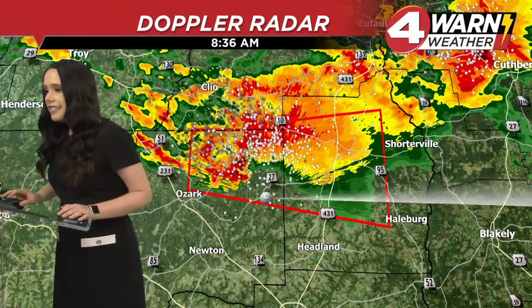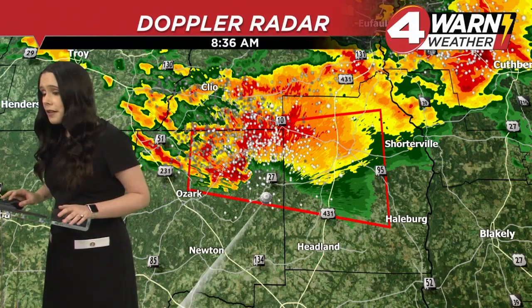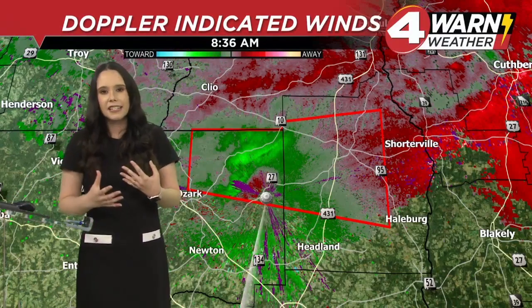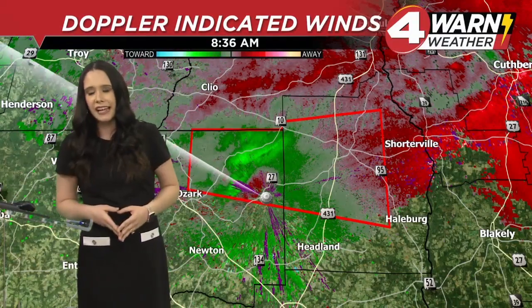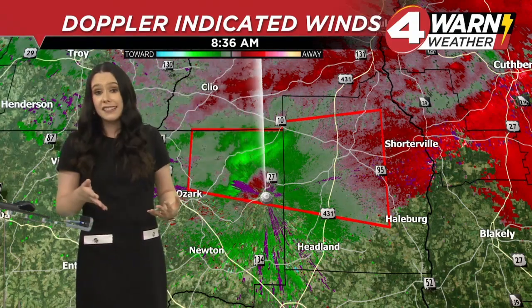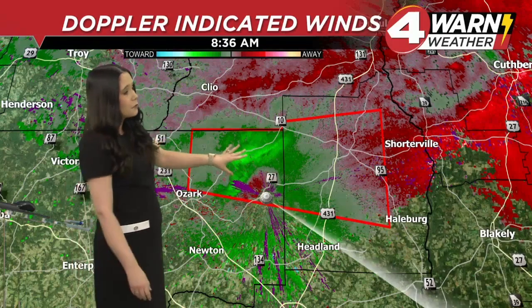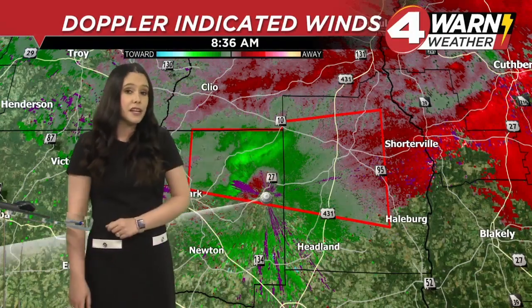But again, today we are under that slight risk of seeing strong to severe thunderstorms. I've been watching these storms all morning long, and they've been trying to get their act together, trying to get that little hook that we watch for rotation. And this one was able to get out by itself, and that's why we have that tornado warning. Although I don't know if a tornado is occurring, but I can tell you the threat for some straight line winds within the storm